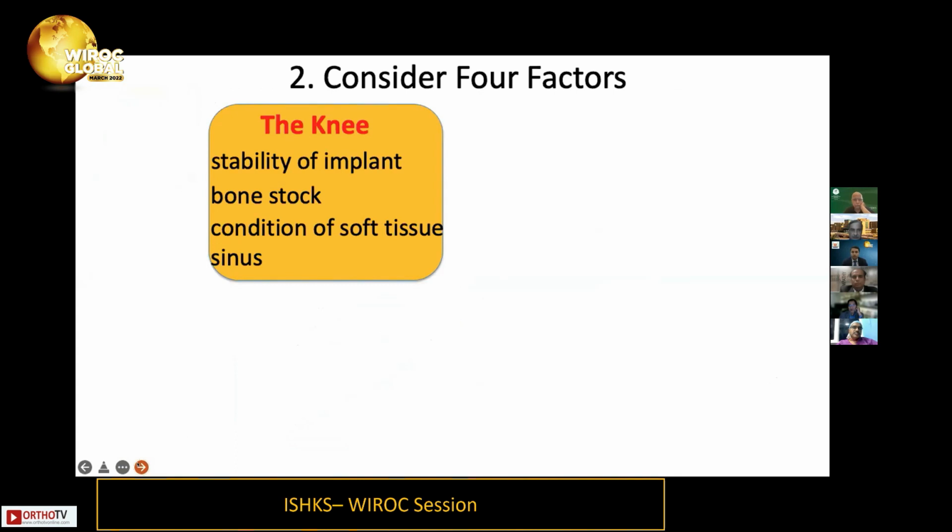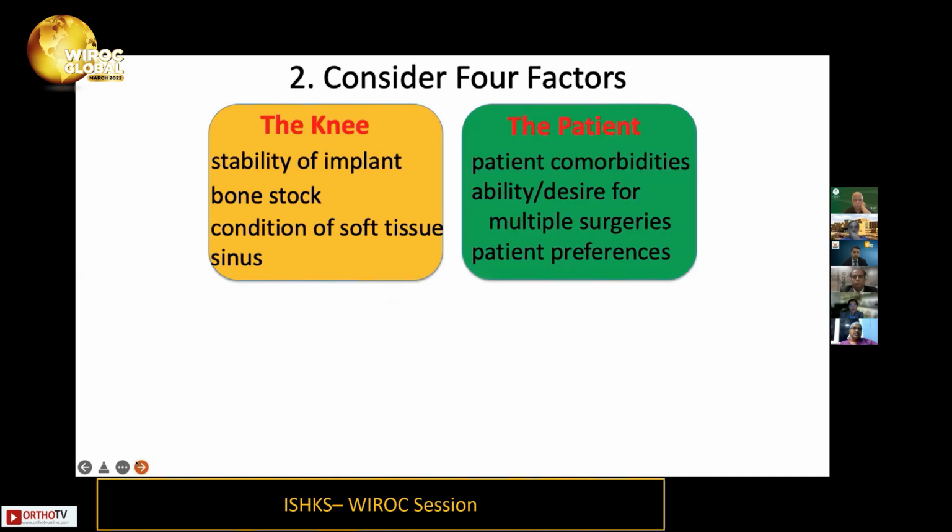Now, it's very important to consider 4 factors in making a decision how to treat the patient. The first is the knee: the stability of the implant, bone stock, soft tissue coverage, and the presence of sinuses. Whether the patient has comorbidities and is desirous of multiple surgeries, can undergo multiple surgeries, and the patient's treatment